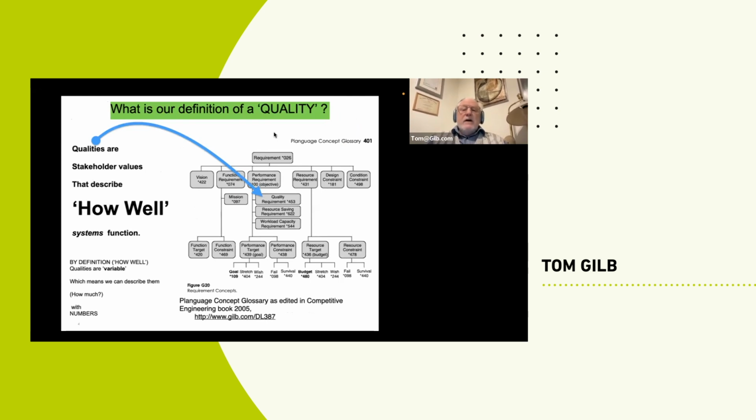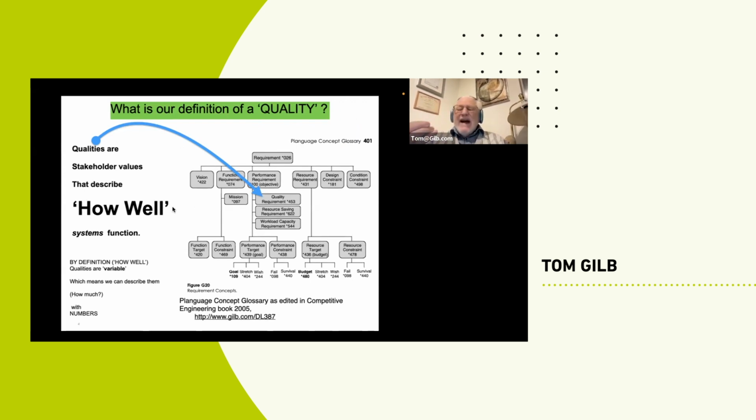So, what are qualities? And here's from my Competitive Engineering book, free digital copy down at the bottom there. Here is requirements, and then all kinds of requirements. So qualities are a particular class of requirement and also a particular class of system attribute. And in very simple terms,